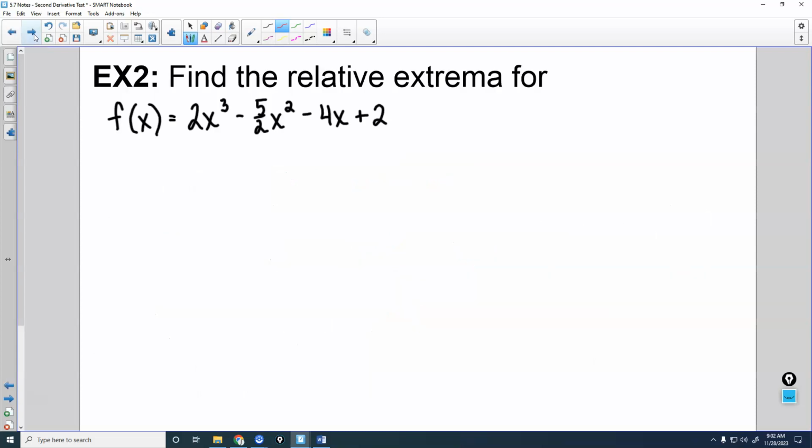If you have a question that looks like this, it says find the relative extrema for this function. This does not specifically say you have to use a second derivative test, so you could do a first derivative test. Let me show you what the first derivative test looks like, and then I'll show you what the second derivative test looks like. So for the first derivative test,